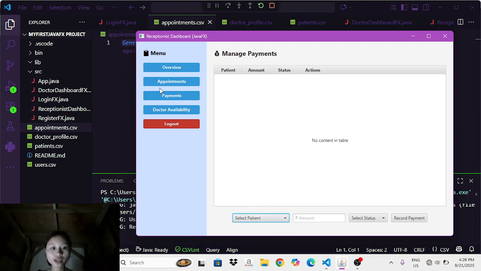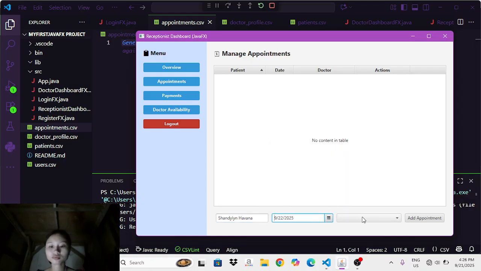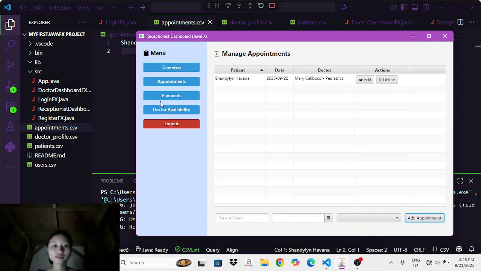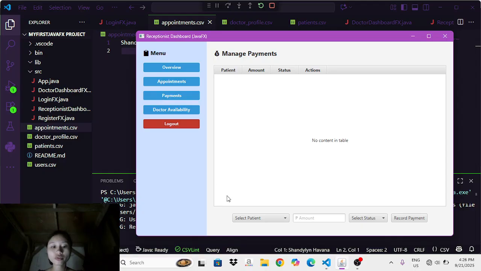So we need to create an appointment again so that we can see the name of the patient in the payments. We already created the appointment and we can see it here. So let's try to add a payment for this patient.